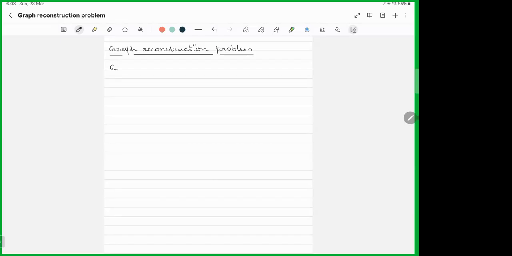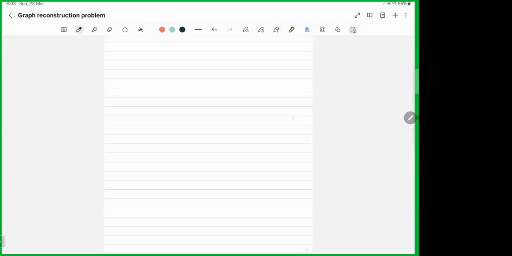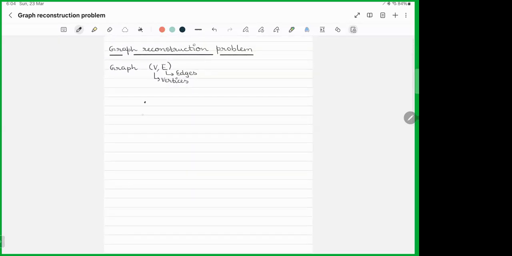So what is a graph? A graph is a collection of some vertices and some edges. This V denotes my set of vertices and E denotes my edges. What my edges do is connect two of the vertices. For example, you can take this as an example. So this is a graph where my vertices are